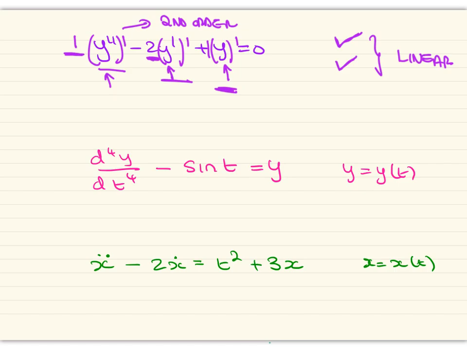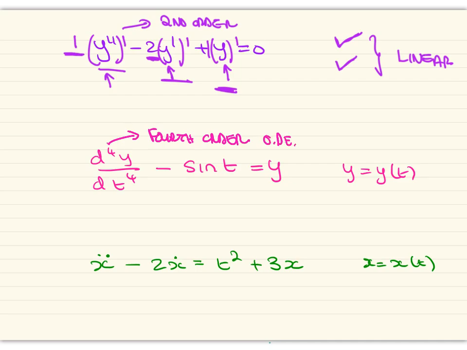Okay, let's look at the next equation. I've got the fourth derivative of y with respect to time, minus sine t, equal to y, and here y is a function of t. First of all, let's describe that differential equation in terms of its order. The highest occurring derivative is the fourth derivative, and so this is a fourth order